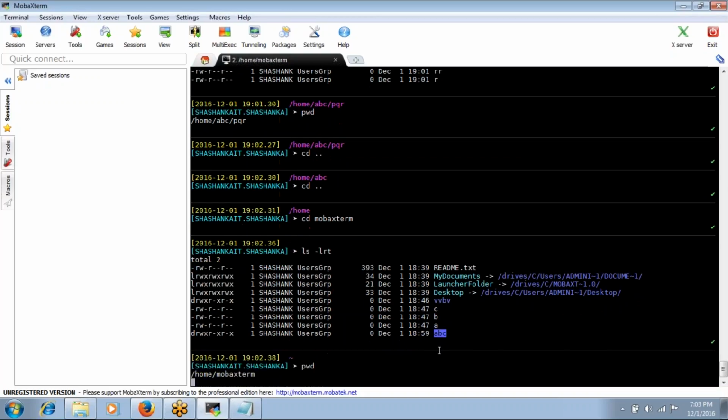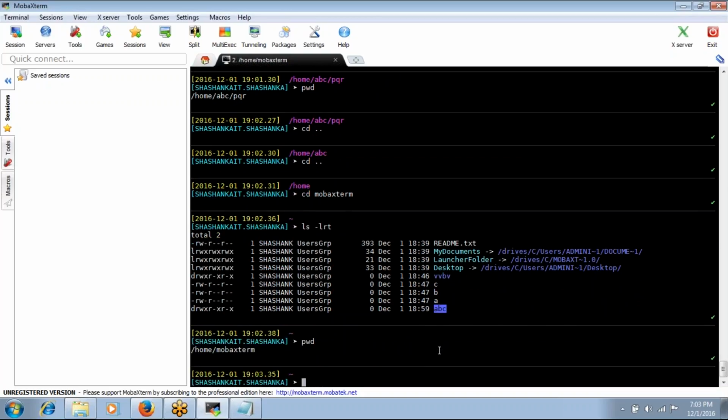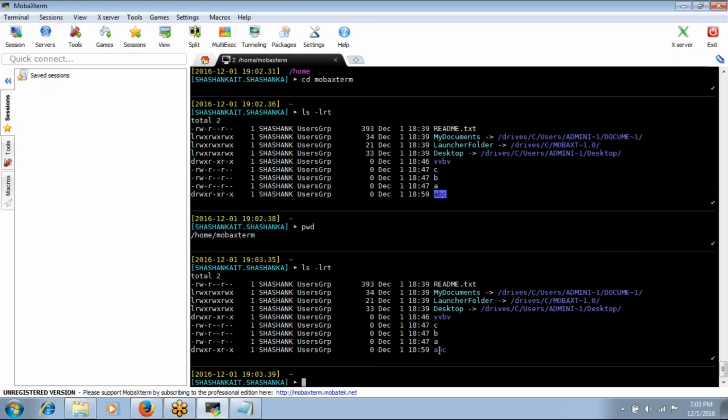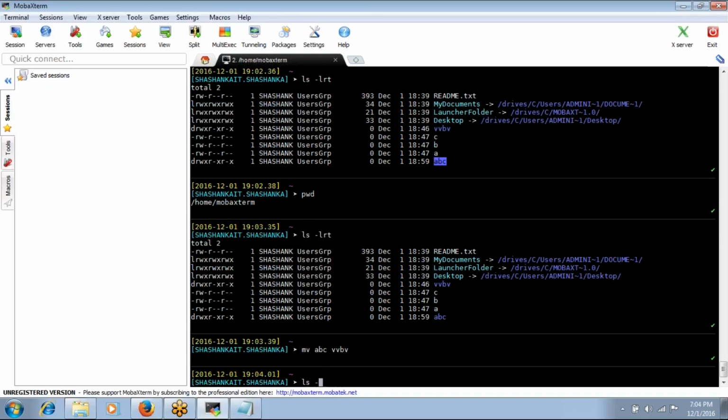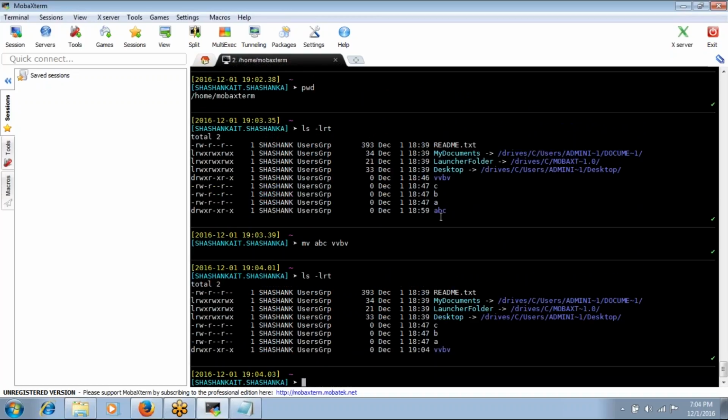So let's say now I have the directory ABC. I want to move it to some other location. In home mobile extern, I have ABC as one directory and VVBV as another directory. Now I am moving the ABC directory to VVBV. See, now the ABC directory is not there, right?